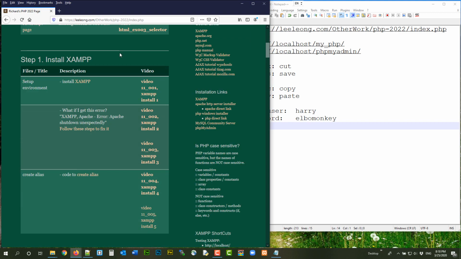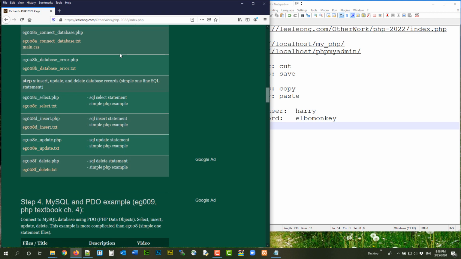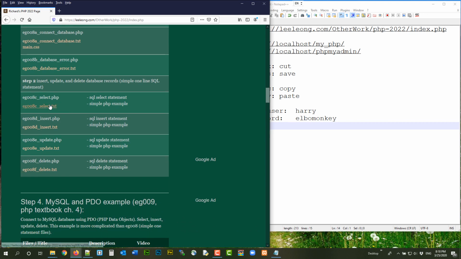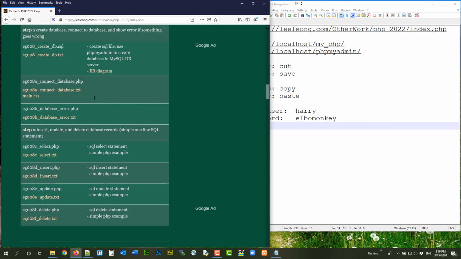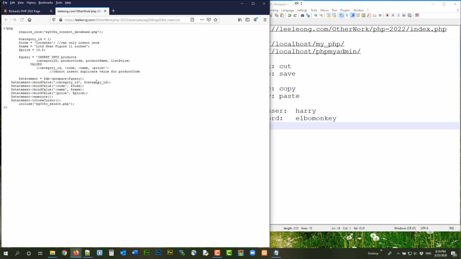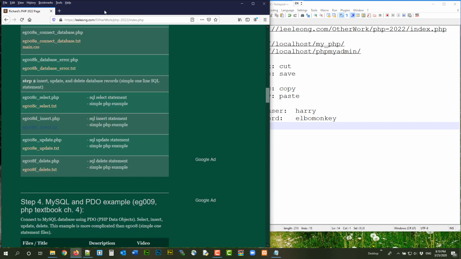So in the last video we stopped at eg008. We finished select, and now we are going to do insert. Okay, all the notes for this video can be found on this website. All you need to do is click on the text link so you can see the actual PHP code, but